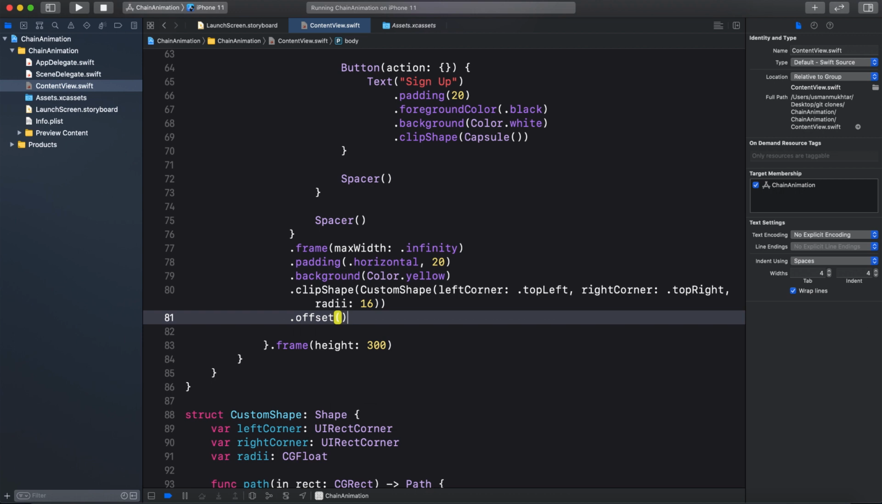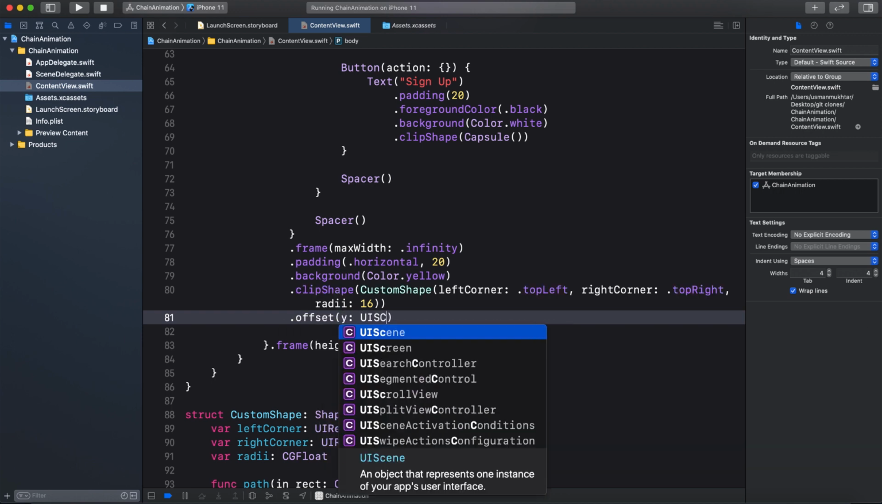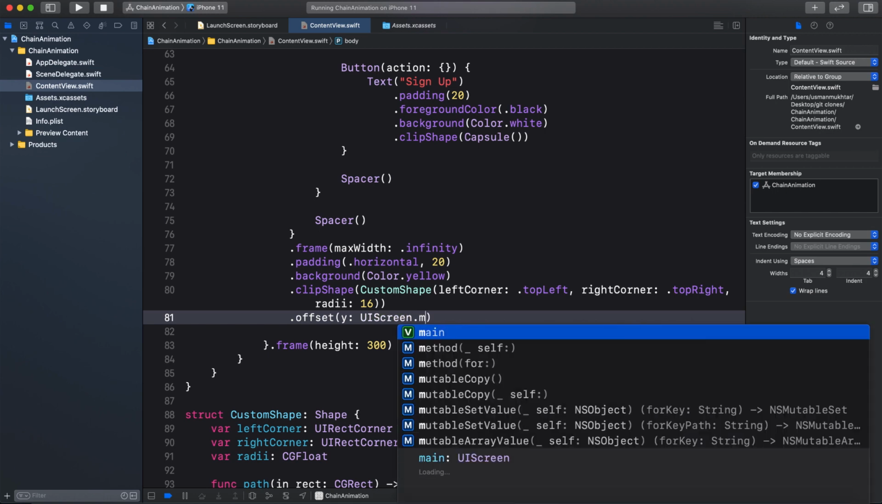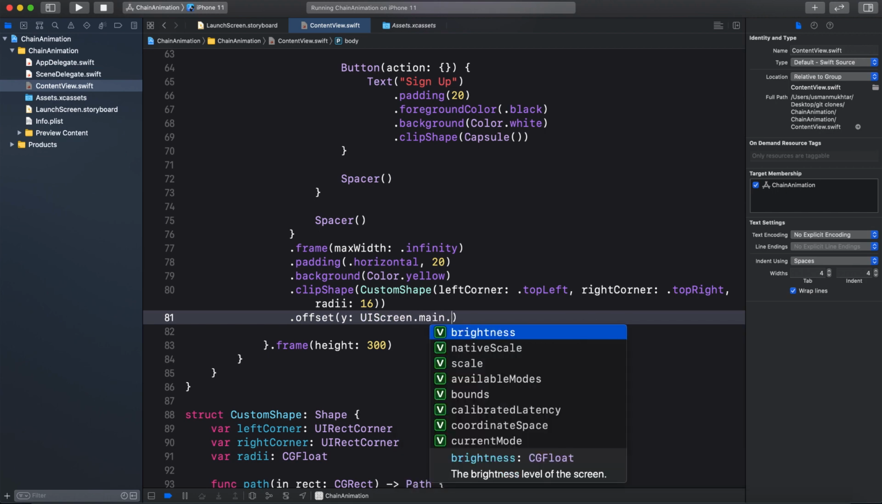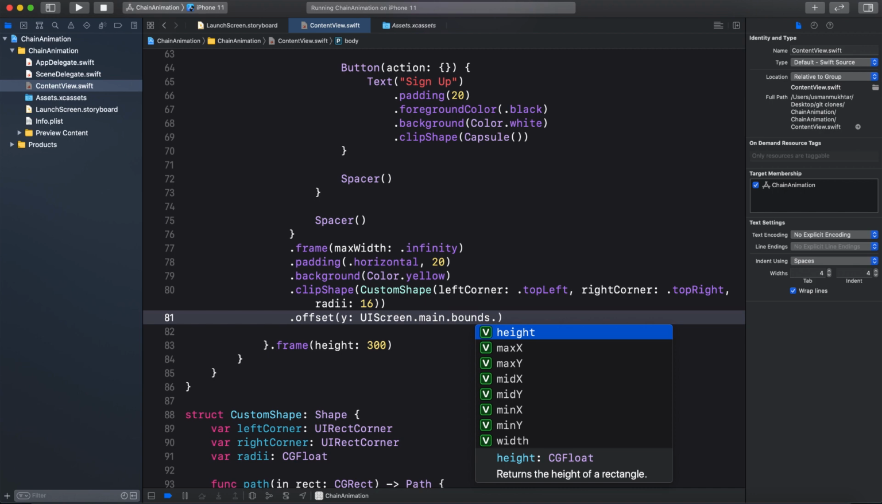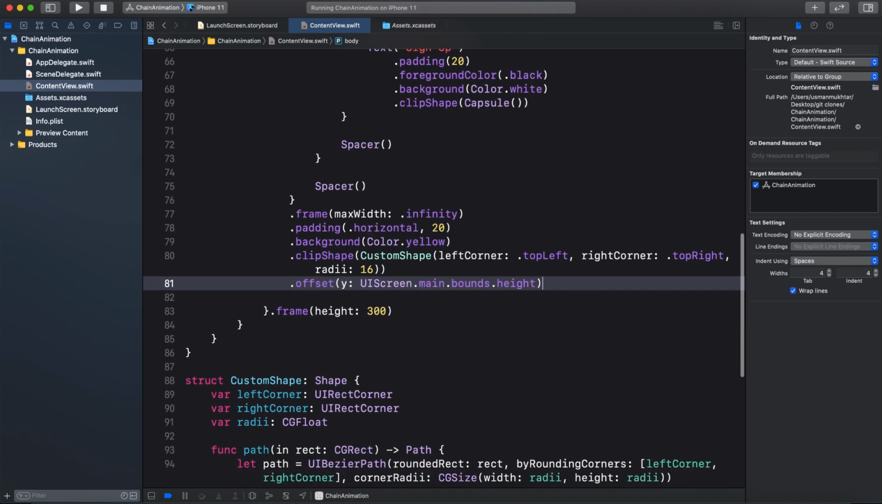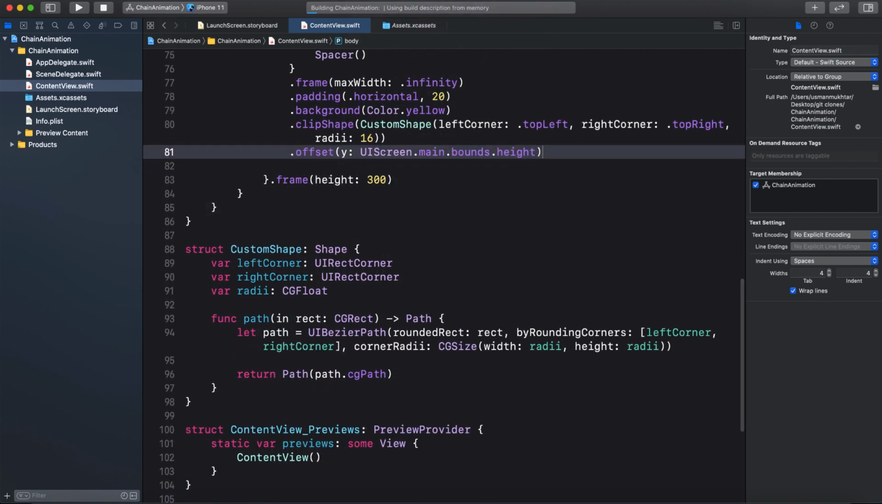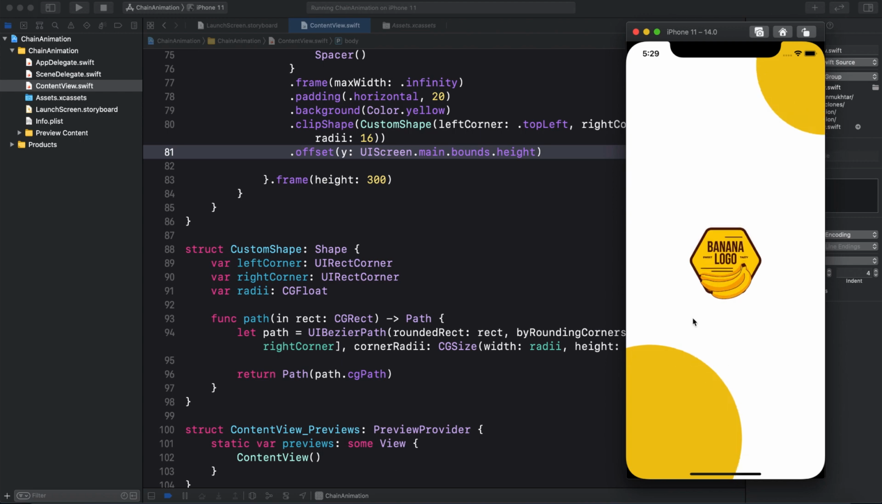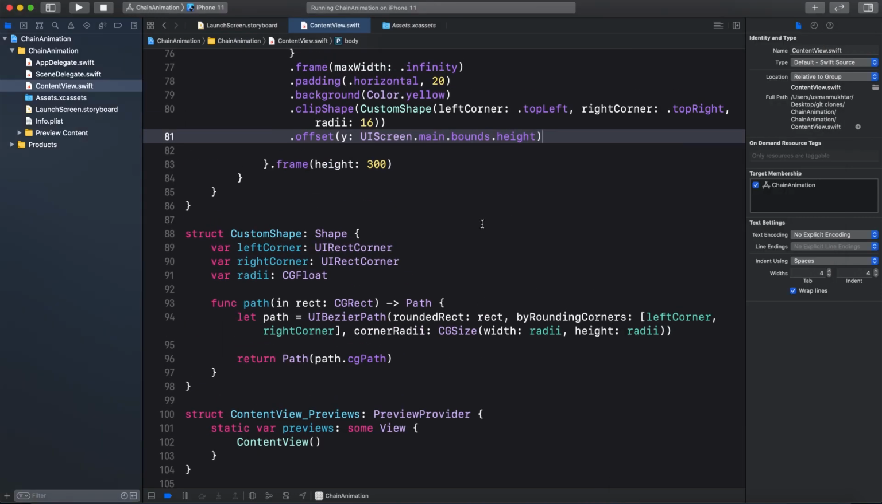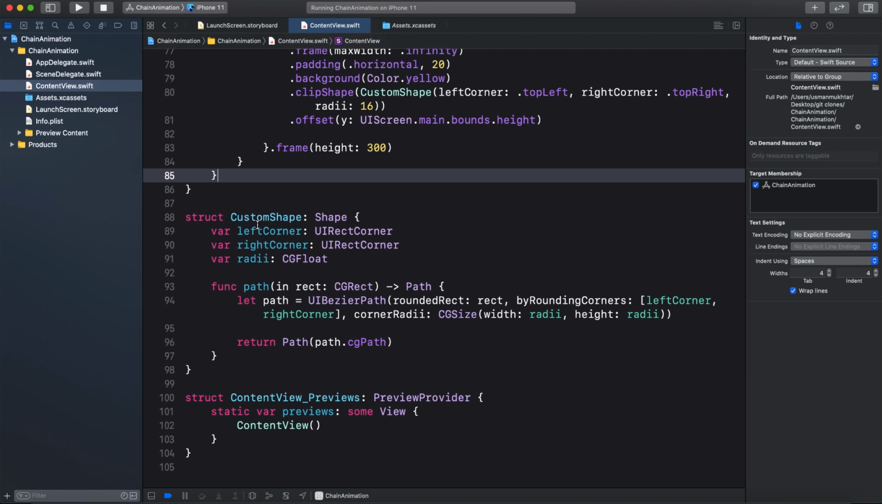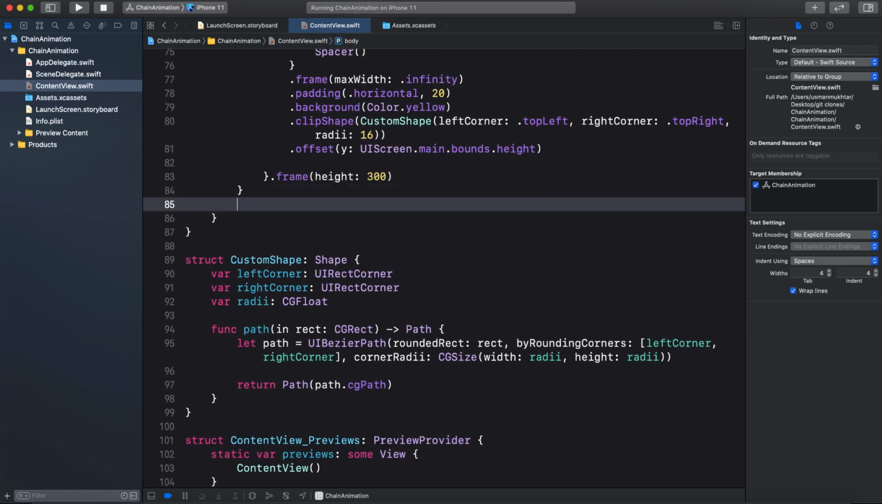and after that we are going to add an offset, and the y is going to be UIScreen.main.bounds.height. So it's going to be at the bottom hidden, and the goal is to show it after the animation ends. Okay, so now it's time to animate our views, but first let's add a frame